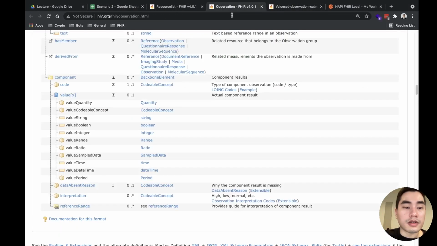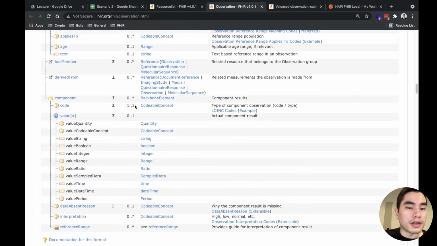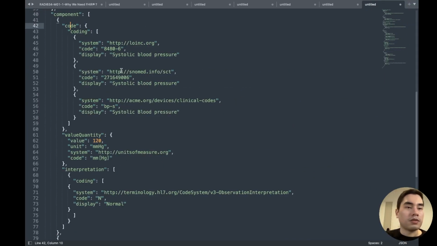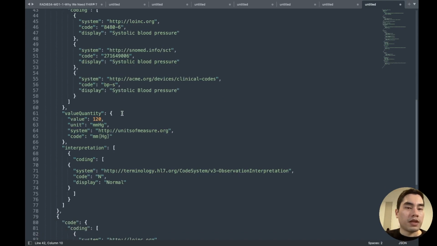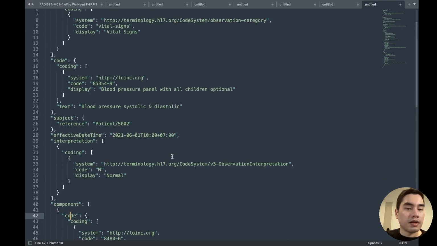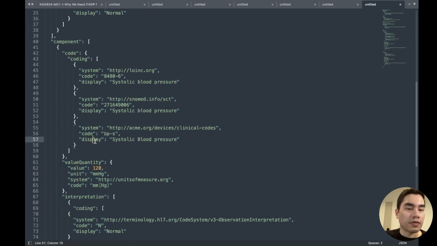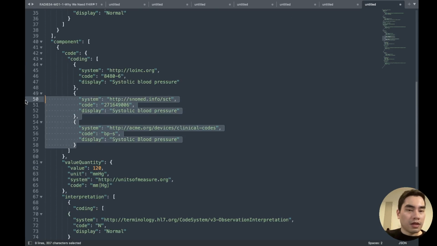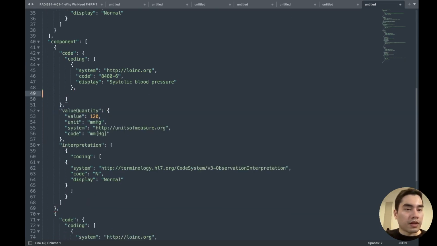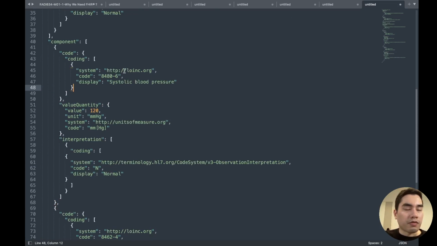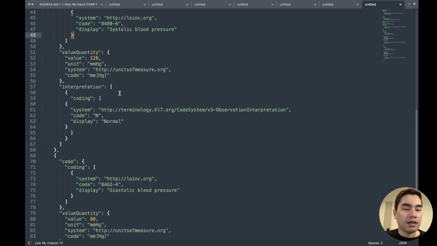Because code is a codable concept. The element named code is a codable concept. So what we need is maybe just one line, so we will remove the other two. In fact, you have to check with Lloyd if this code is correct, but typically the one who inputs it in the EMR will check it already.